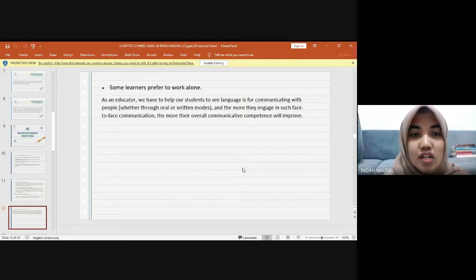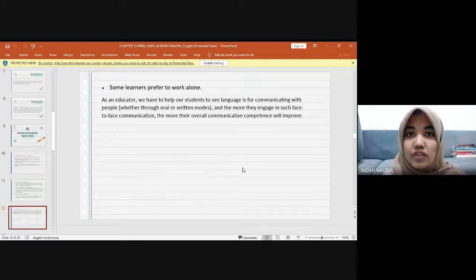And the last is some learners prefer to work alone. As educators, we have to help our students to see that language is for communicating with people, whether through oral or written modes. And the more they engage in such face-to-face communication, the more their overall communicative competence will improve.